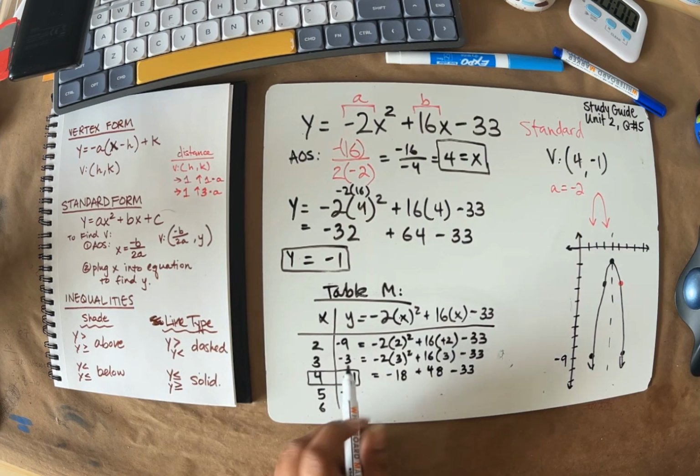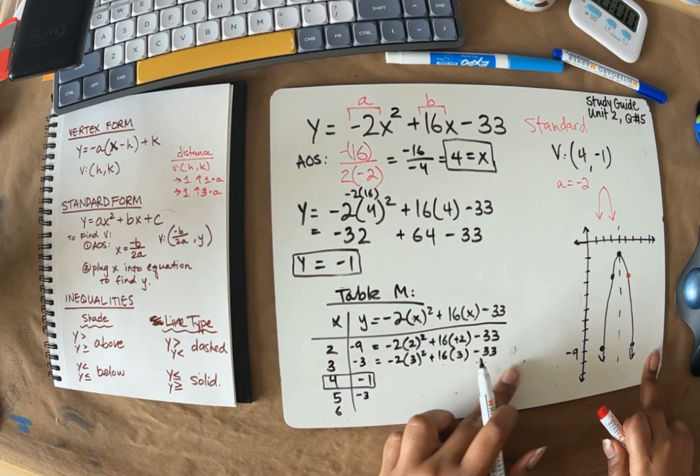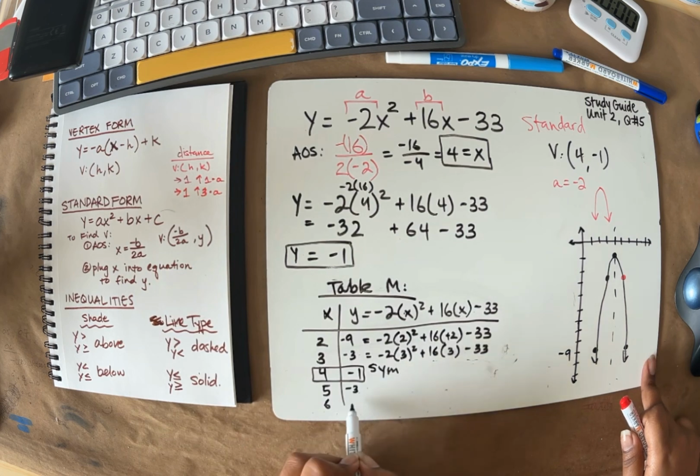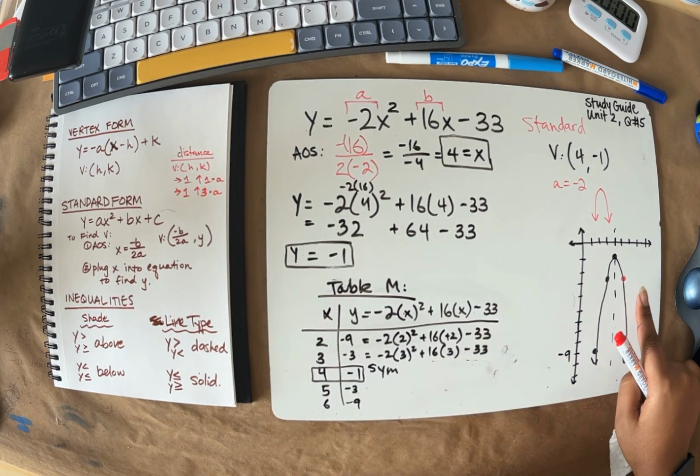And then it's symmetrical across my vertex. I'm going to have to erase this part, so I can write symmetrical across my vertex, and then that's how I get the other